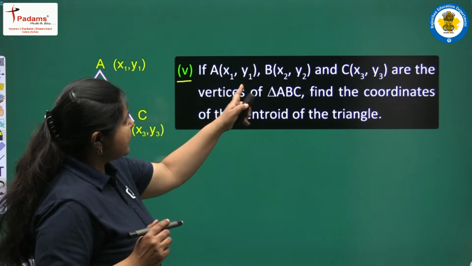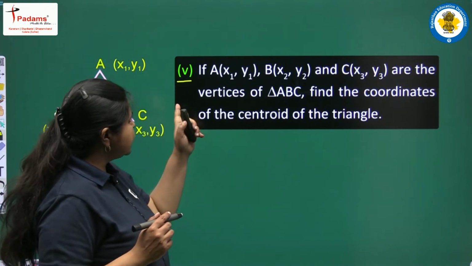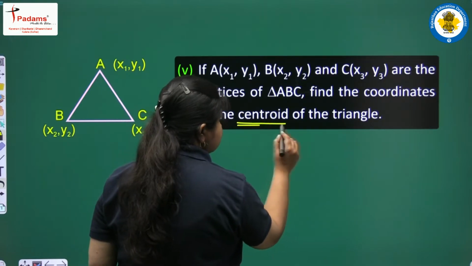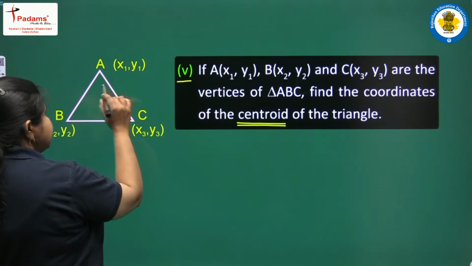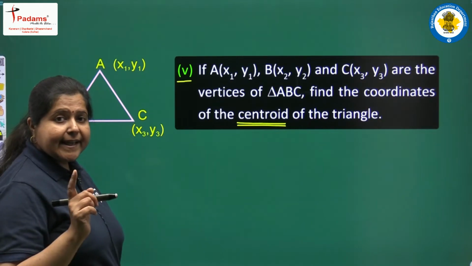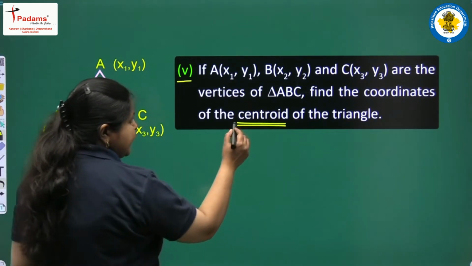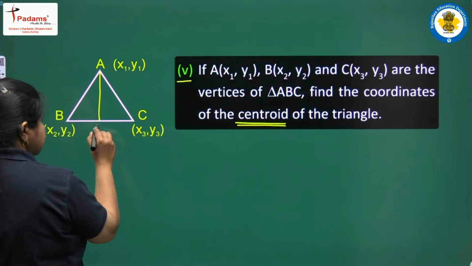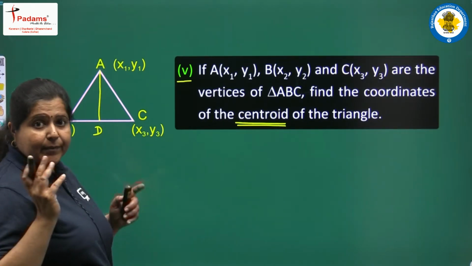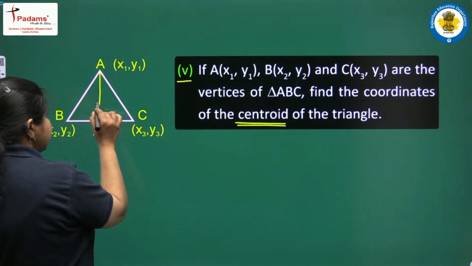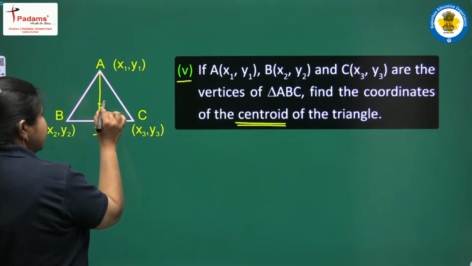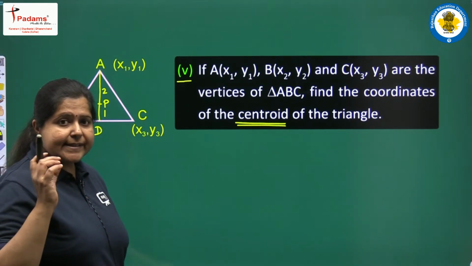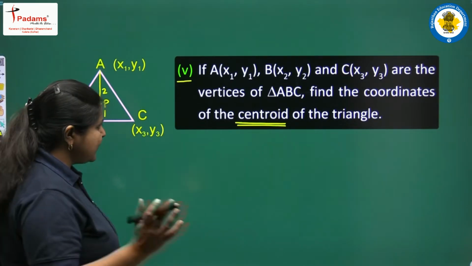If A (x1, y1), B (x2, y2) and C (x3, y3) are the vertices of triangle ABC, find the coordinates of the centroid of the triangle. ये है triangle ABC जहाँ पर हमने coordinates लिख दिए हैं, और ऐसे केस में हमें centroid के coordinates बताने हैं। तो एक मीडियन ड्रॉ करते हैं, A से मान लीजिए ये है मीडियन आपका AD, तो पहले D के कोऑर्डिनेट्स निकालेंगे मिड पॉइंट फॉर्मूला से, फिर यहाँ पर जो आपका सेंट्रॉइड है वो यहाँ पर लाई करेगा, पॉइंट P जो हमने लिया था पहले केस में वो इसको 2:1 के रेशो में डिवाइड करेगा, और ऐसे में हम इस सेंट्रॉइड P के कोऑर्डिनेट्स फाइंड आउट करेंगे।